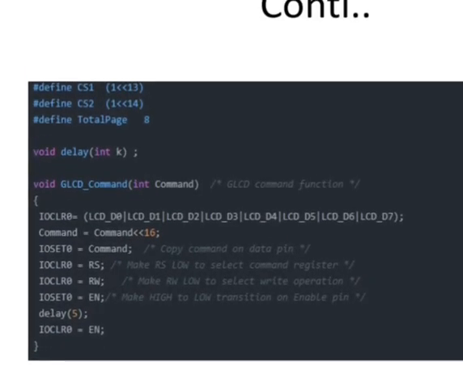Now here first define CS1, CS2, then the GLCD command function, that is void GLCD command. This is the GLCD command function. Then next is IO select to command 0, copy the command on the data pins, and IO0CLR, RS, make RS low to select the command register.